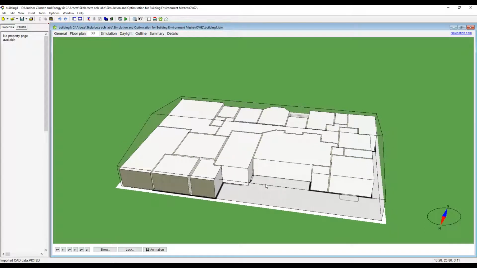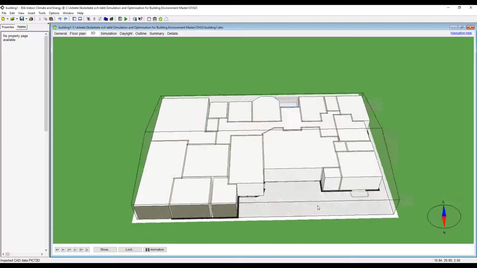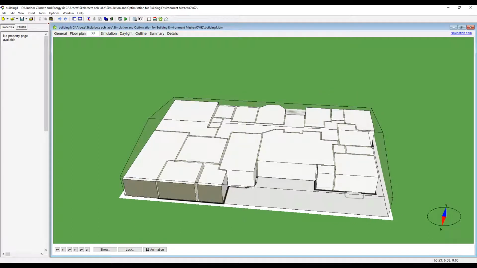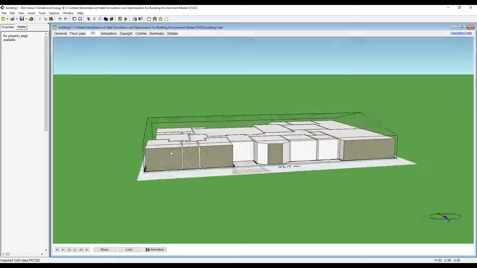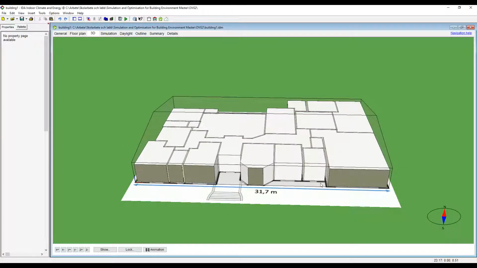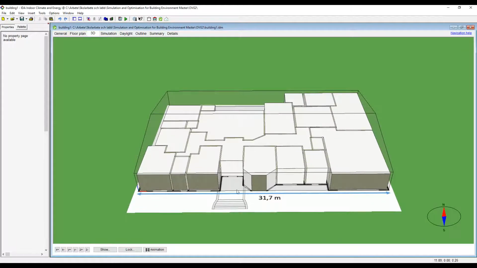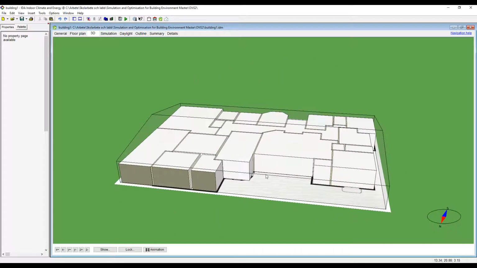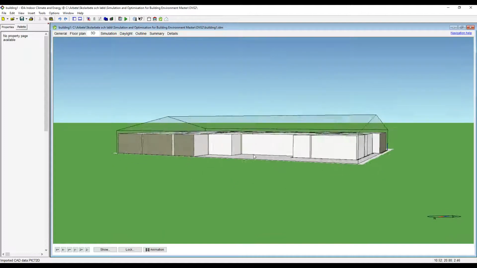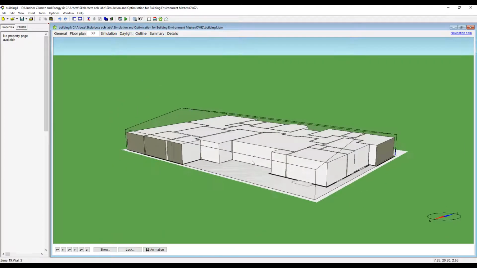But in this case, we will have a porch in this area, and we will have some little garden here, and here is just an entrance. So we need to fix that somehow so that the software knows that this is actually